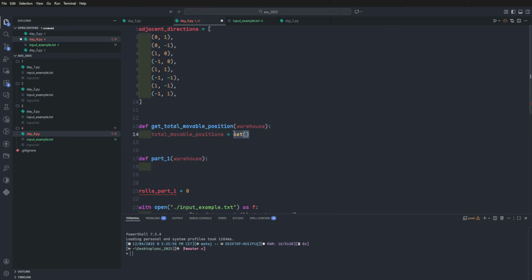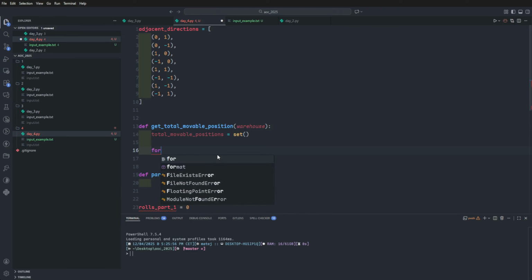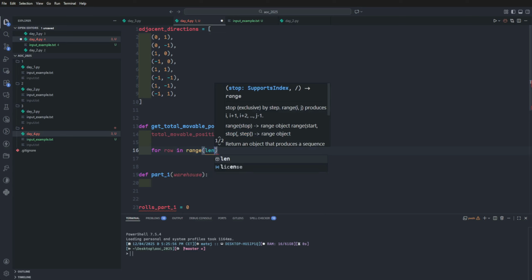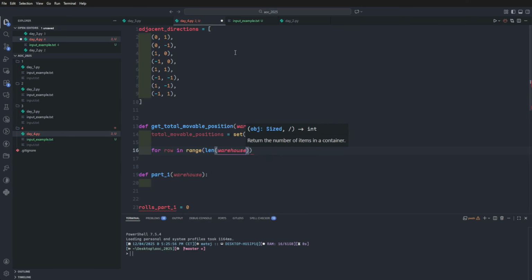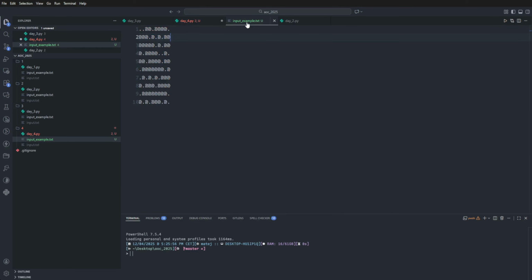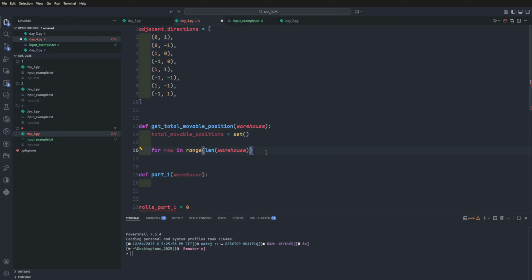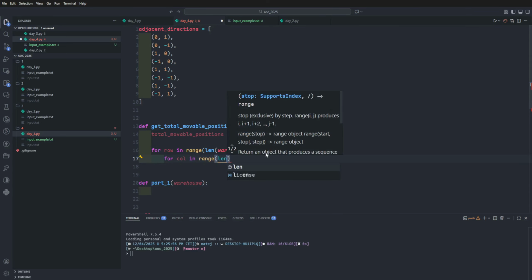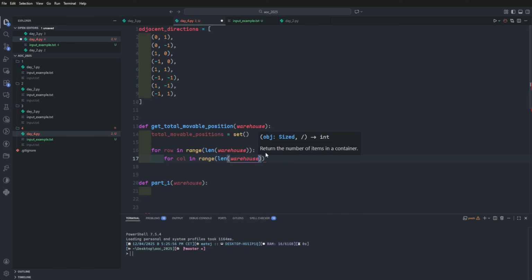Now all that is left to do for this function is we will define two for loops, because it's a 2D array, so one needs to be for our row and one needs to be for our column. For row in range, length of warehouse, because now we will get how many rows are actually in our grid, and now we will just do for col in range, for column in range length of warehouse